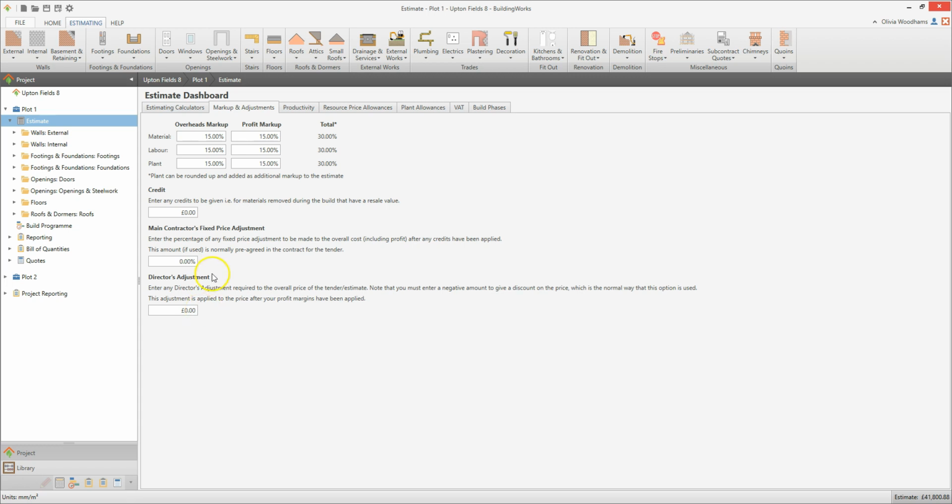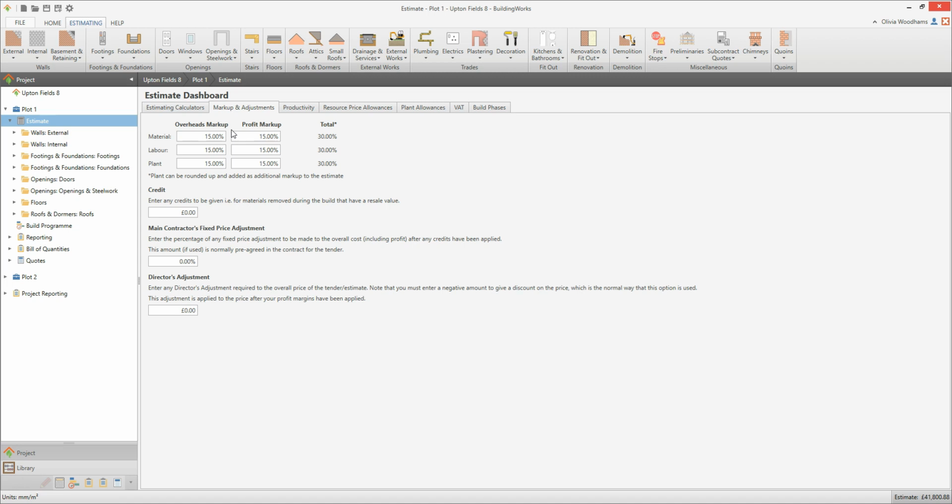The overheads markup column covers you for company overheads which can't be accounted for within the estimate, such as office costs, phones, computers, software and so on. For smaller companies, this may also include aspects such as the builder's non-building salary for managing jobs, finding new business, ordering materials and so on. It can be difficult to put a figure on these tasks when one person is performing a combination of building and management. Larger companies, however, may include project or site manager costs within the estimate, and this could reduce your